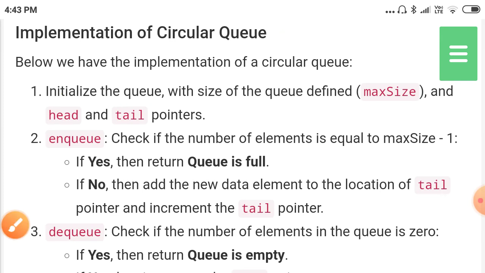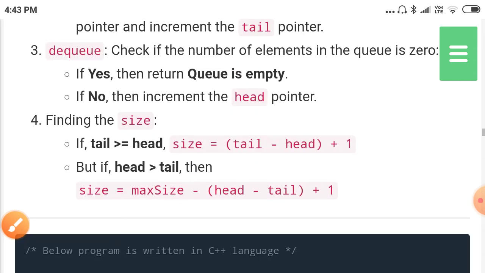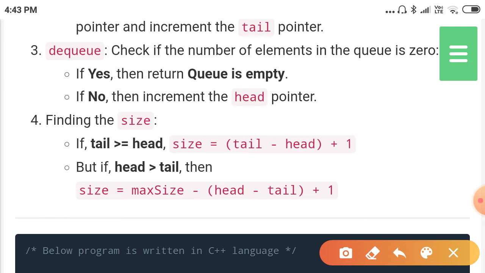The next one, dequeue, deleting an element from the circular queue. If you want to delete an element, we have to check the underflow condition; only after that can we remove the element. Check if the number of elements in the queue is 0. If it is 0, we produce the message that the queue is empty and deletion cannot happen.